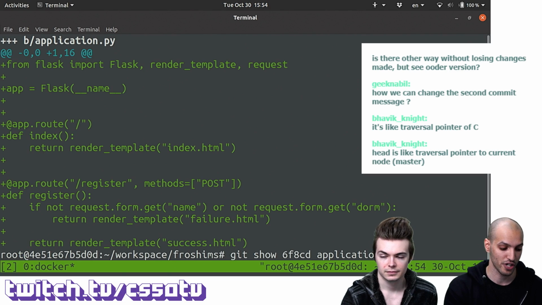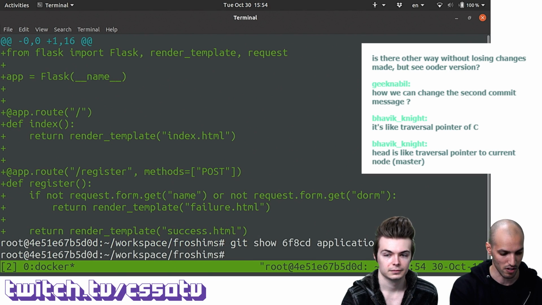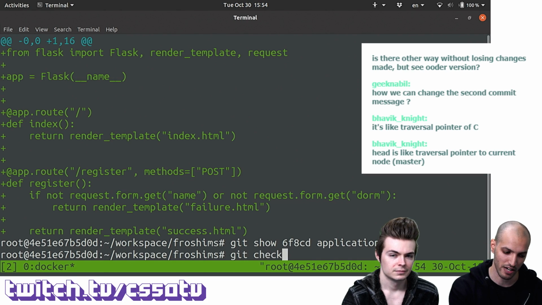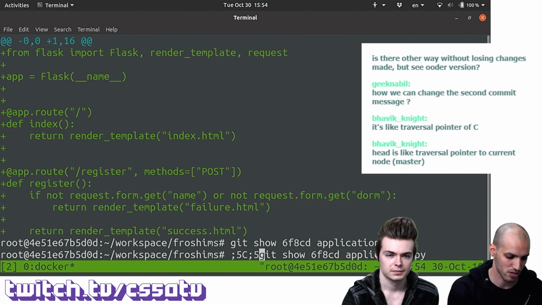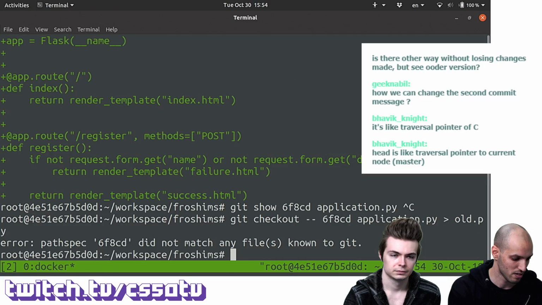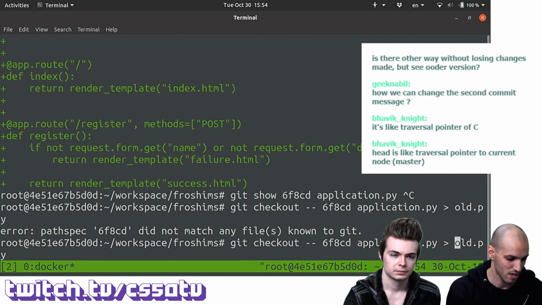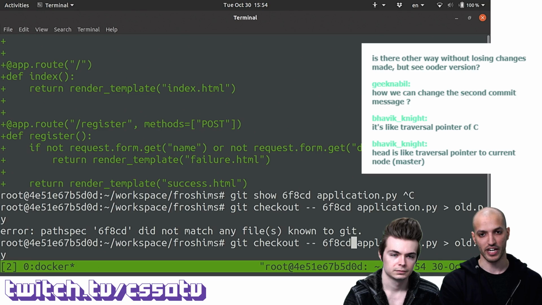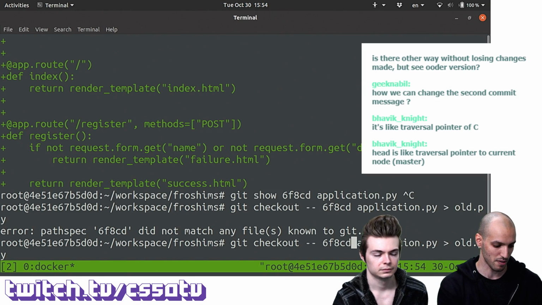I think you can also check them out into a different file altogether. The way to do this would be git checkout, let's see, what was the commit SHA? So that would be git checkout, the commit hash, and then the file name into, let's see, old.py. That's wrong, of course. Maybe I'm missing something. Okay, but there's a way to check out the file. We're going to have to look this up.